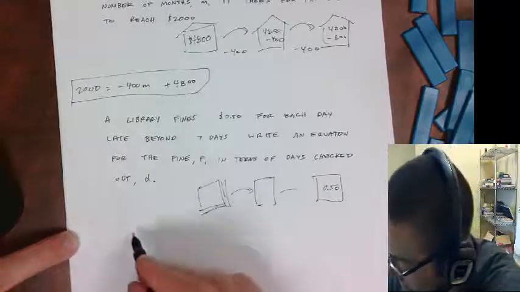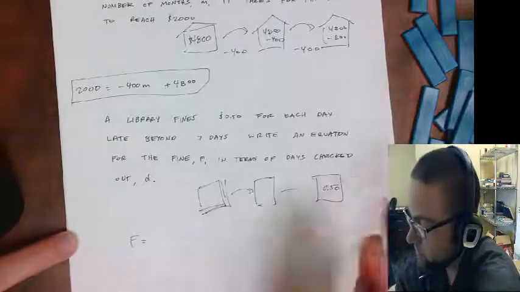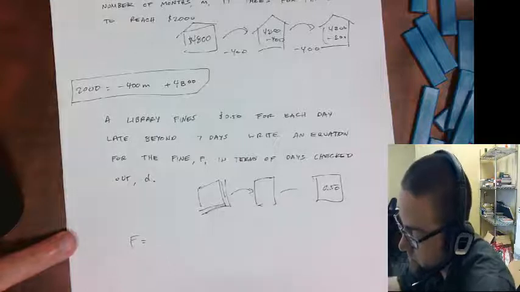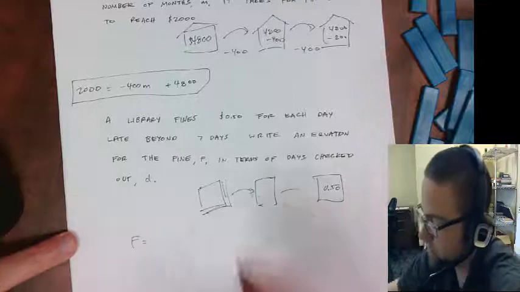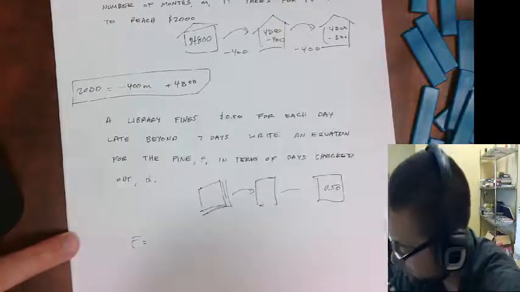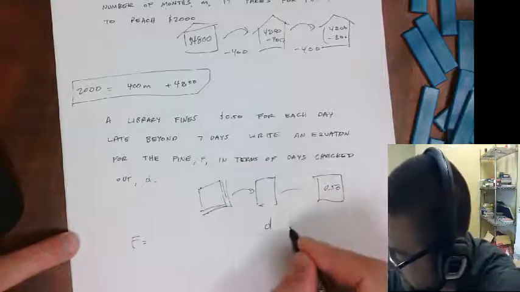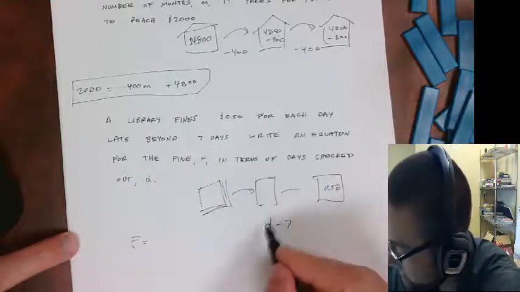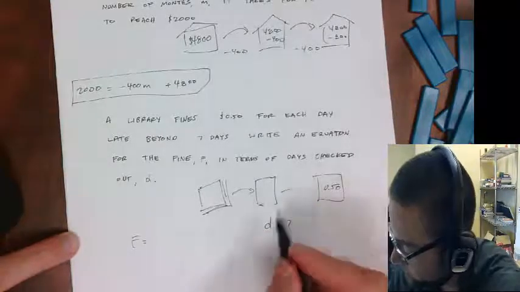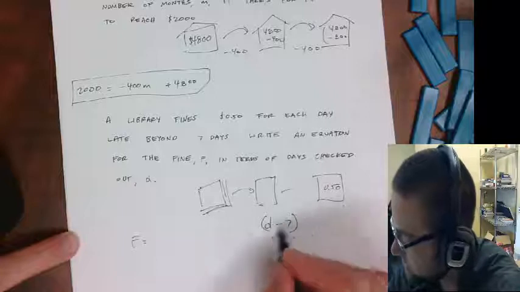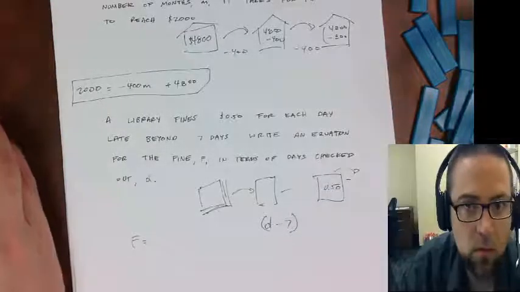So the total fine is going to be kind of offset. Like we want to find out when the days exceed 7, right? So these first 7 days don't matter. So if it's checked out for D days, it's going to be D minus 7, right? Because now if I said 7 minus 7, then it'd be 0. It'd still be 0. So this is the number of days checked out where they start charging the 50 cents. And then after that,